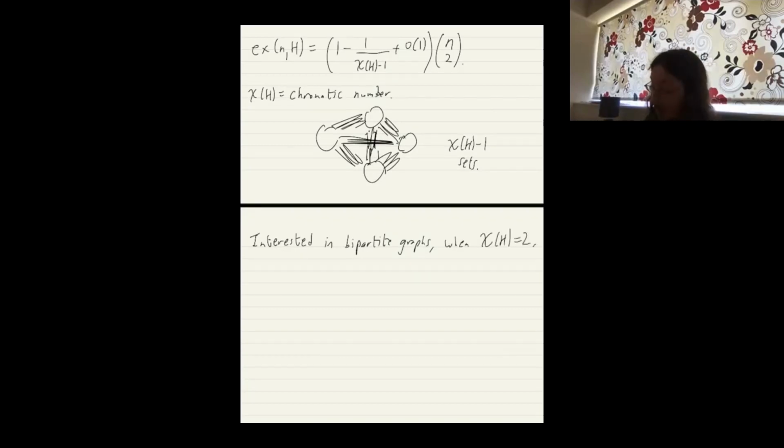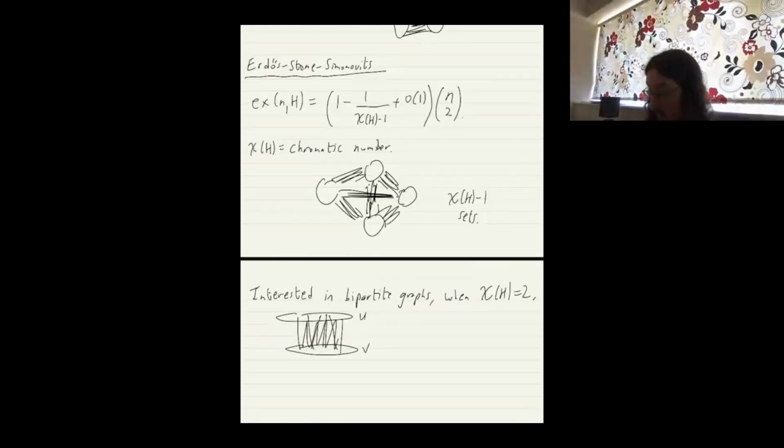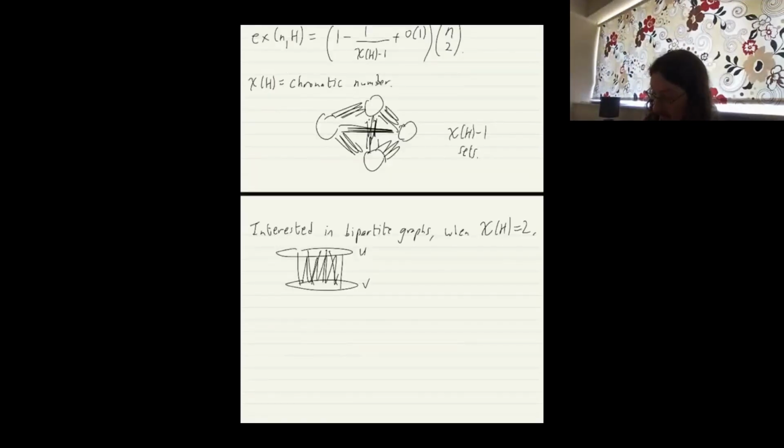That means that you have 2 sets, and all of the edges lie between the 2 sets. There are no edges inside. So everything is between one set U and the other set V. Now, in this case, the problem becomes a lot more difficult. Well, in some sense, it's simple because of a corollary of Erdős-Stone,